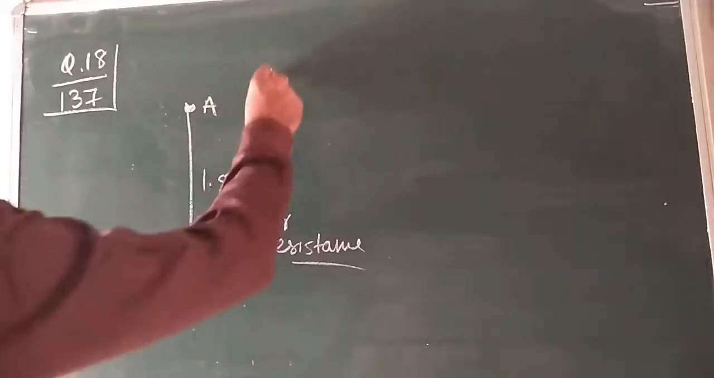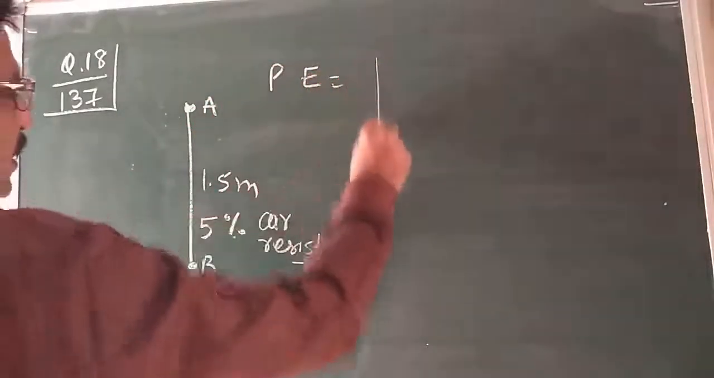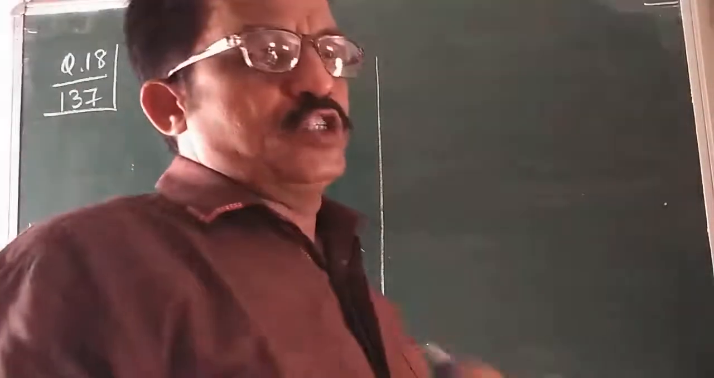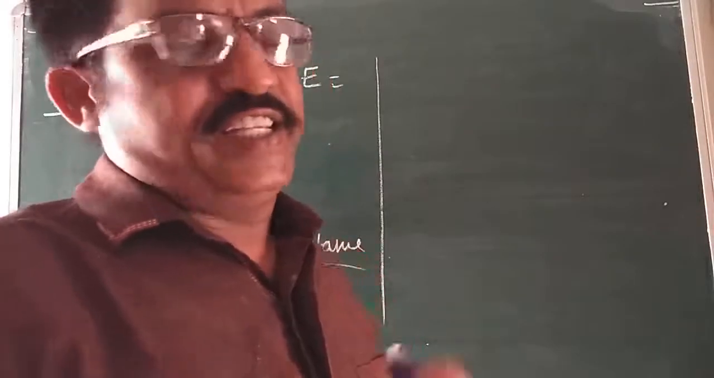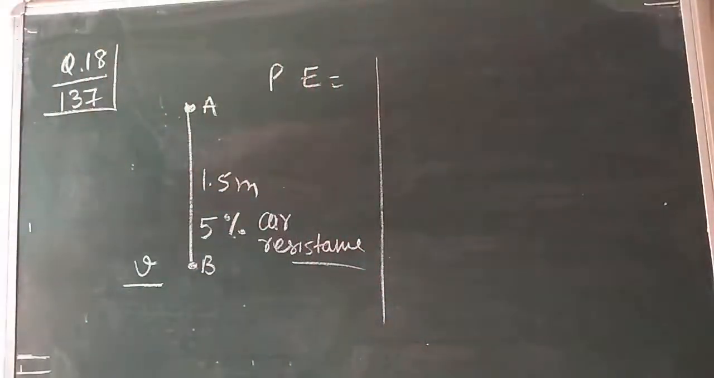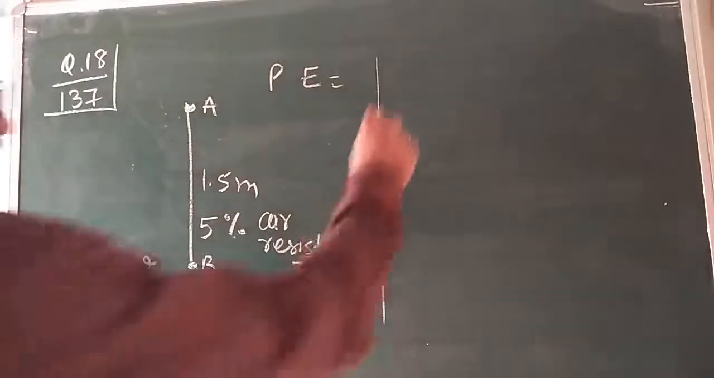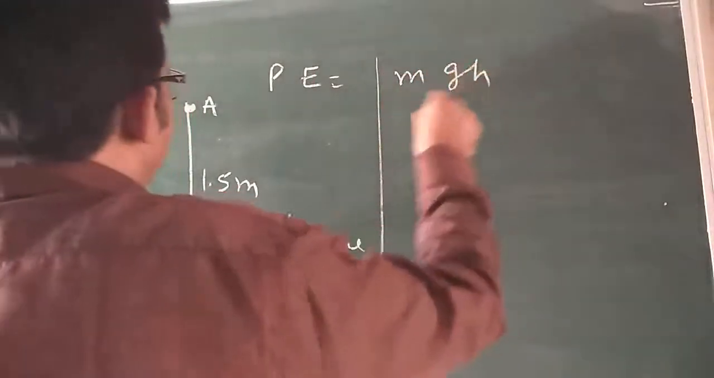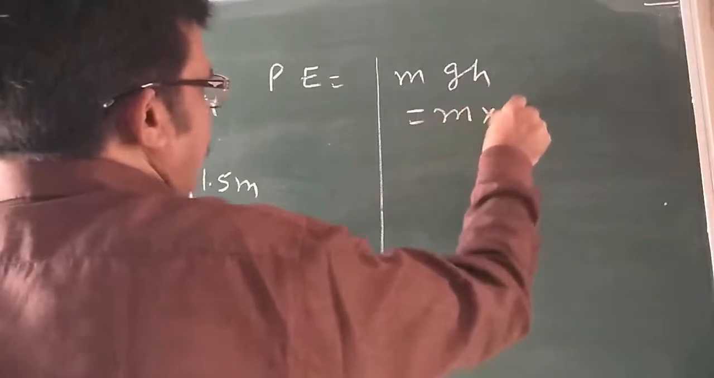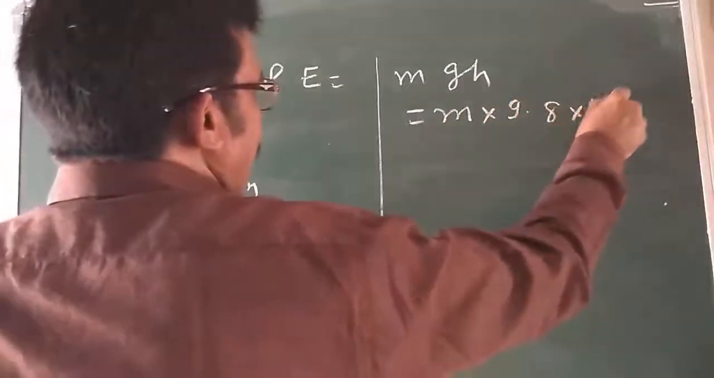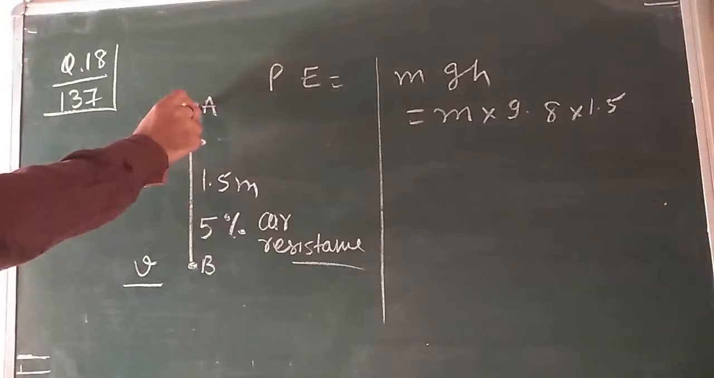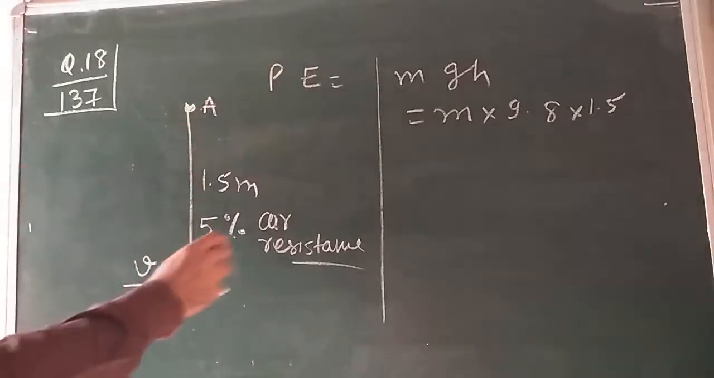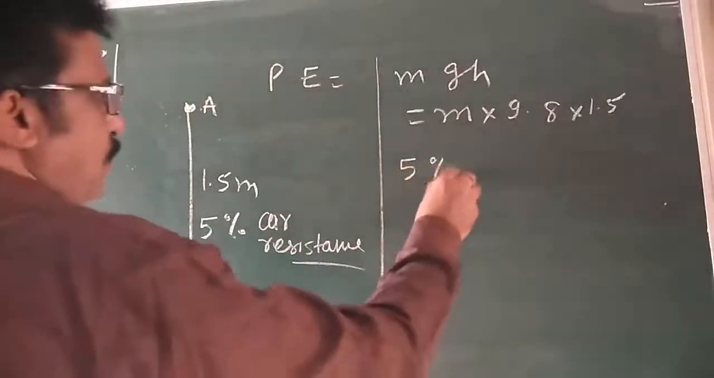Potential energy at the point A. Again, my dear children, formulas must be known. What is the formula for potential energy? Sir, mgh. So potential energy here is mgh. Here in place of mg put 9.8 and height given is 1.5. ये इनिशियल है. Since 5% of energy is lost,